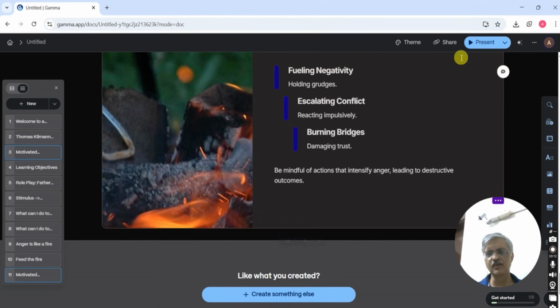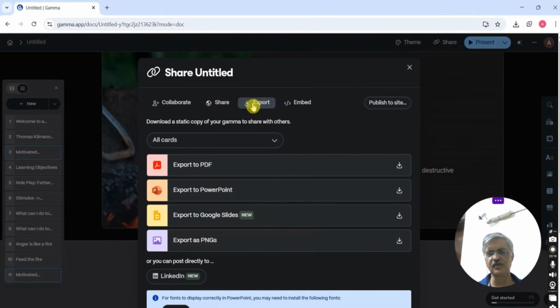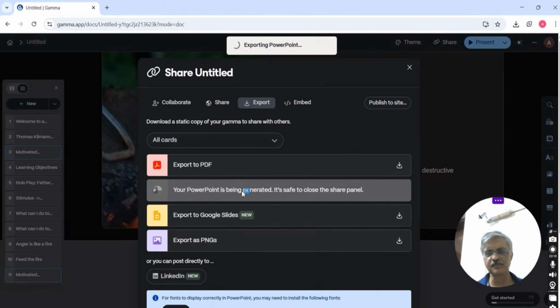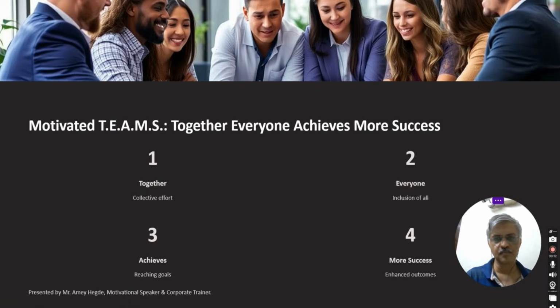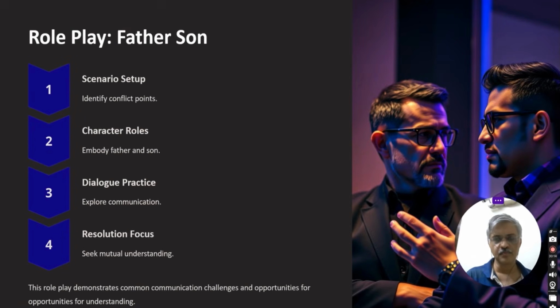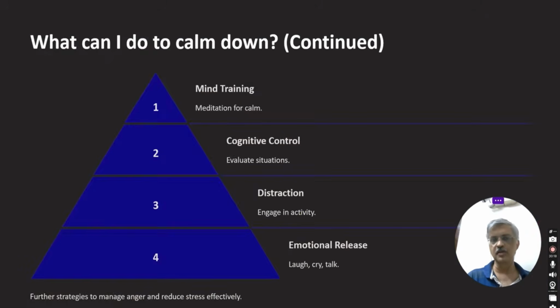Okay, and again you can export it. Clicking on export and export to PowerPoint. Quite good, quite good. It's much better than the original.